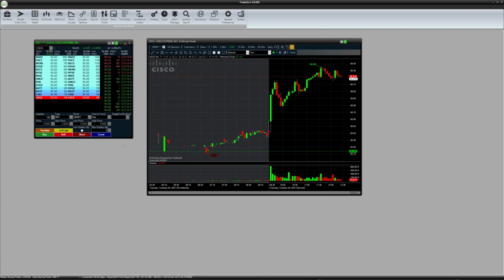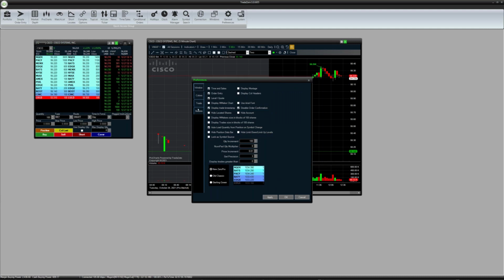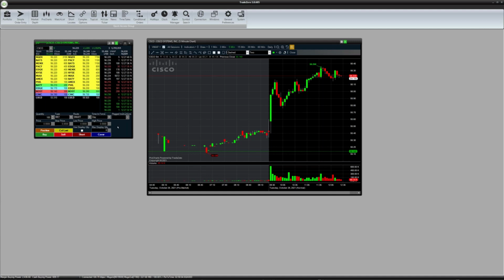Let's change things up real quick. I'm going to show you the old school setting that traders used back in the late 90s. You can see how we can change some of the features for level 2, but you still see the limit up, limit down indicator, the price band indicator. Basically this is a really valuable feature for traders, because if a stock is moving, if there's a lot of momentum in a security, this price band is set by the exchanges. It's a calculation based on a 5-minute interval, and it's always updating. So if the security moves very fast, you'll see the actual price band. Right now on Cisco, it's